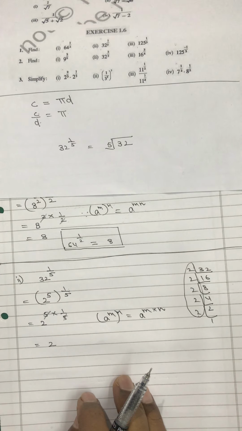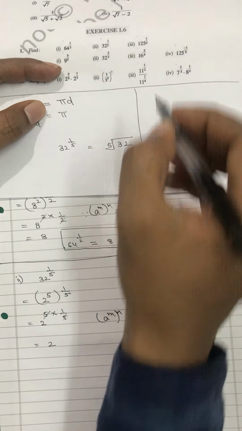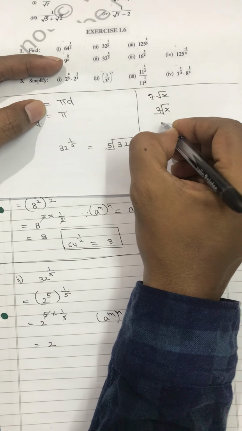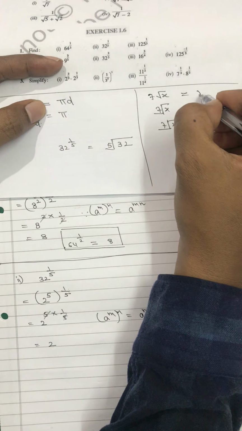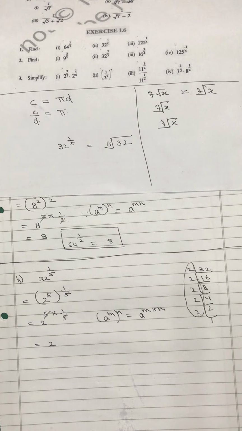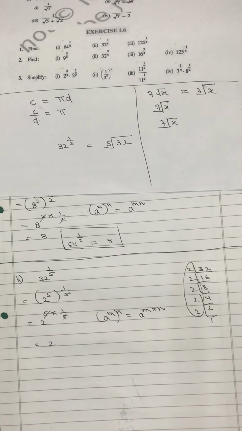That's why I tell my dear students, many number of times I go back to the topic. When it is 7th root of x, many students write it like this, 7 root x. No, you can't write like this. There is a big difference between 7 root x and 7th root of x. 7 into root x is different. 7th root of x is different. So you can't mix them together. You have to make sure that you maintain a distance between them. Otherwise it will be a big panga.